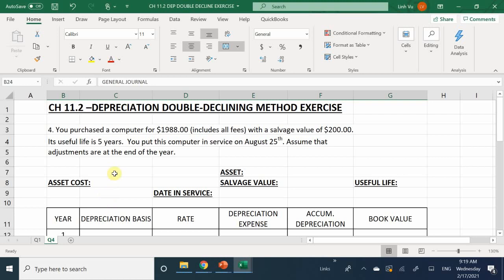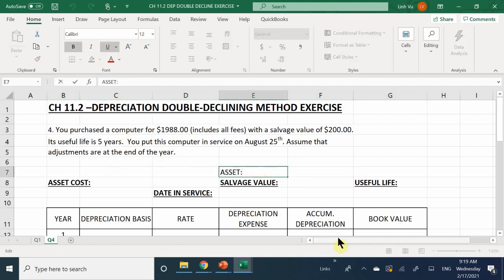So here we are. Now we purchased a computer for $1,988, including all fees, and a salvage value of $200. Okay, is that $200? Okay. Its useful life is 5 years, and you put this computer into service as of August 25th. Assume that the depreciation happens at the end of the year. So let's go ahead and figure out